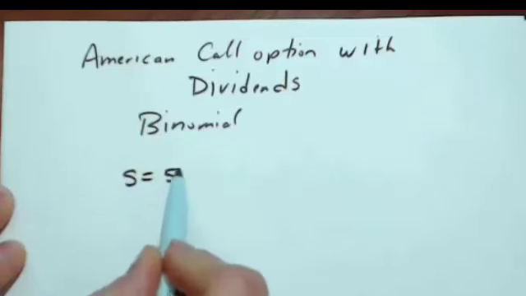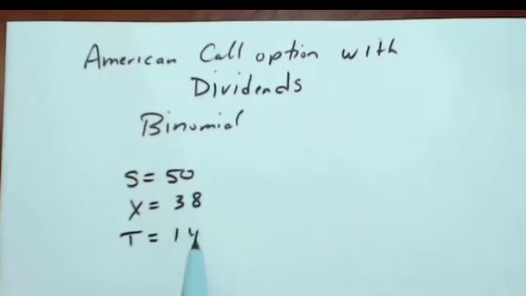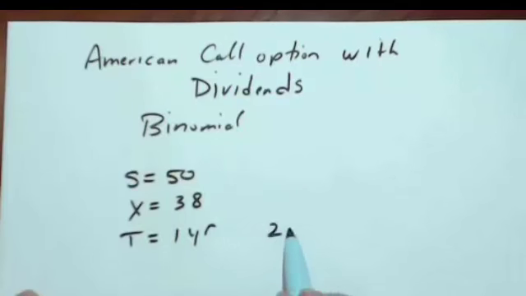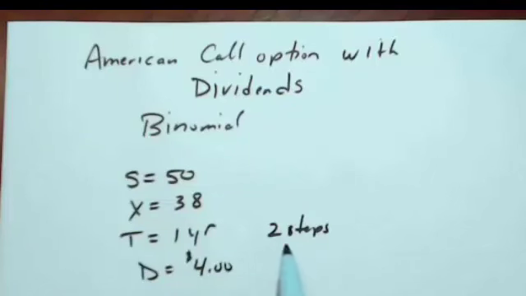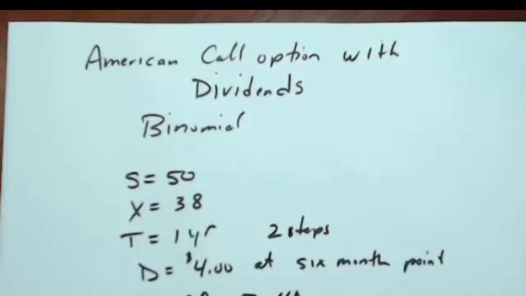So let me give you background on this option. The stock price is 50. Strike is 38. So you can see the option is deep in the money. T is equal to 1 year, and we're going to do 2 steps. 2 steps implies that each step is 6 months, half a year. The dividend is going to be $4, and it will be paid at the 6-month point. R is 8%, or 4% for each step of the tree, since it's